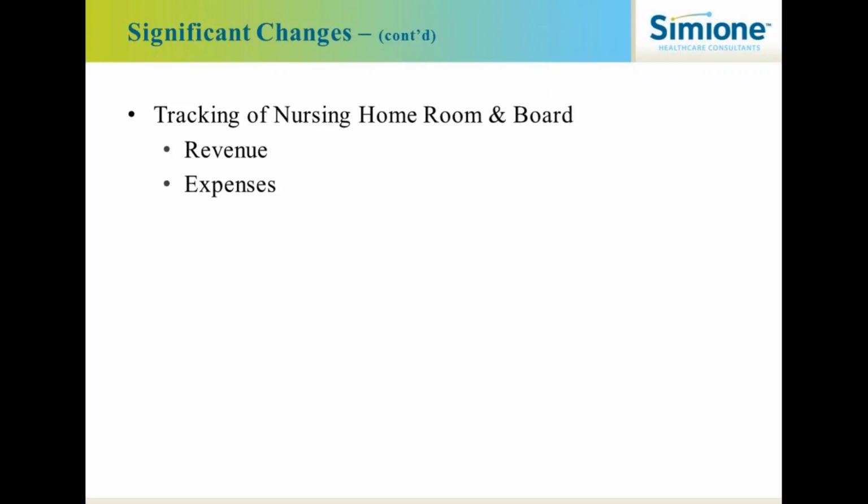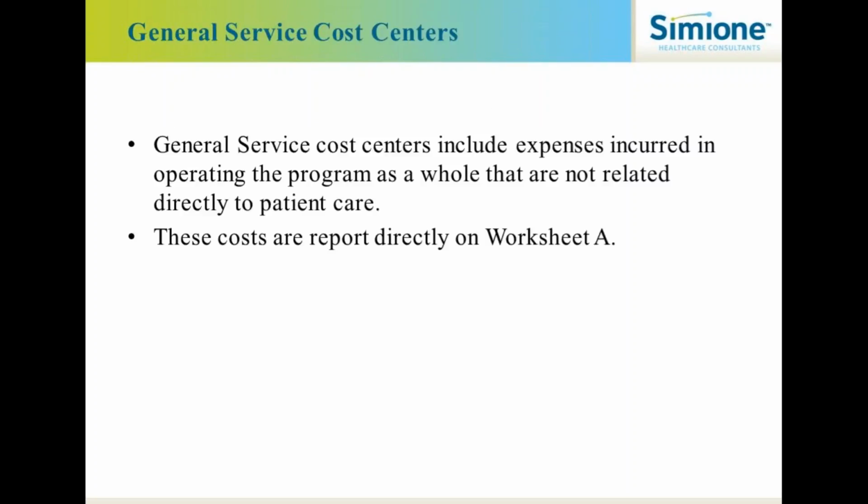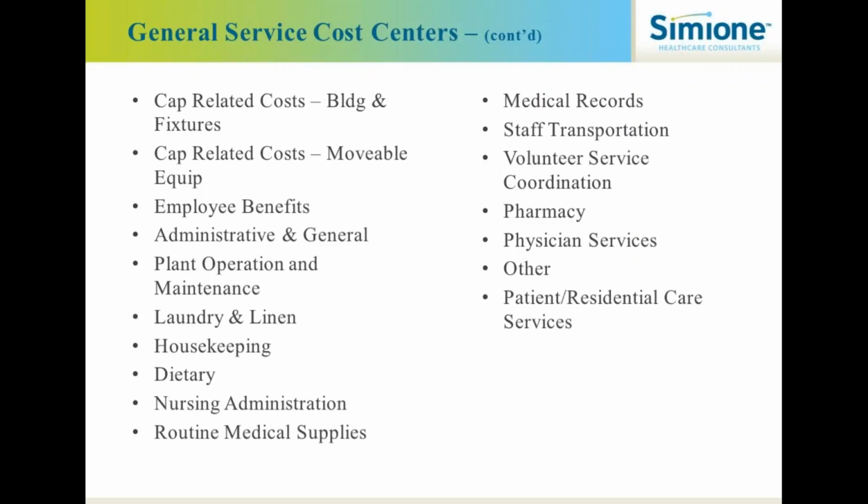So now let's talk about our general service cost centers. Basically, the general service cost centers include expenses incurred in operating the program as a whole that are not related directly to patient care. These costs are reported directly on Worksheet A. Next slide, please. So here you will see a list of all the general service cost centers. So just take a moment, take a look at the list. You'll see that